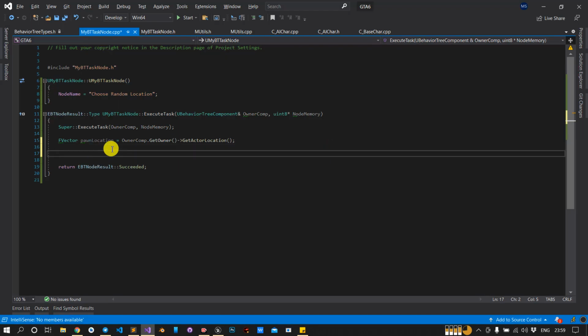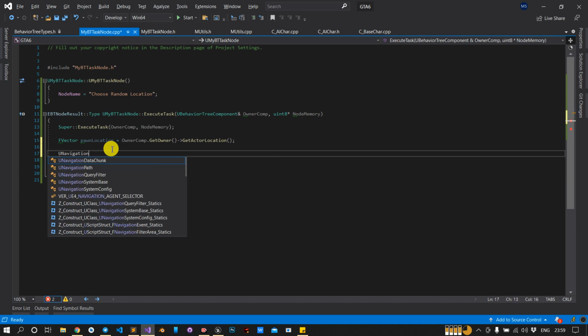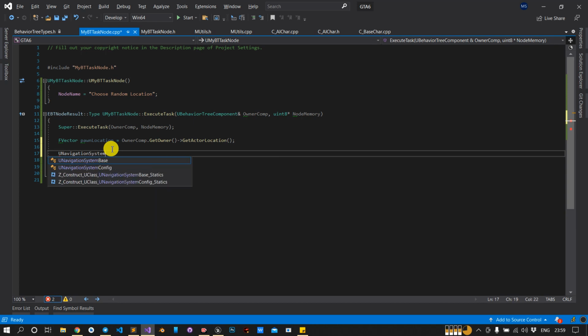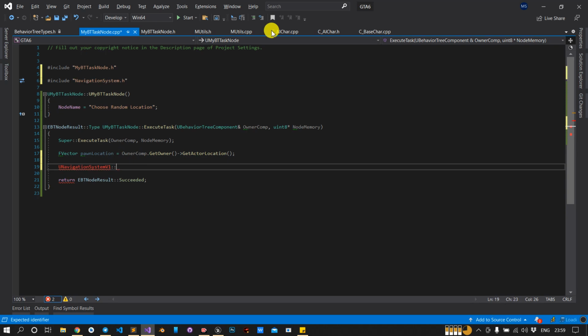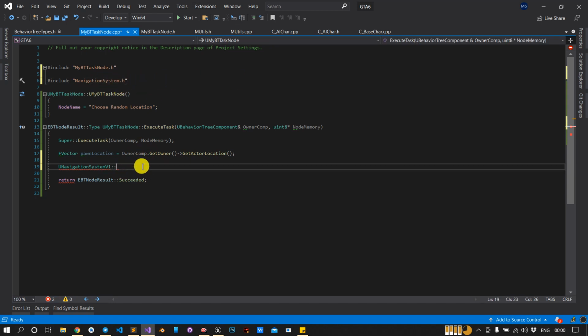For that we have a class called UNavigationSystemV1. We don't have it yet. Okay, we have it; I have ReSharper installed, that is why I am getting this. Or else you can just type navigation system on Google and you will get this header file. It is easy to get. So the function was